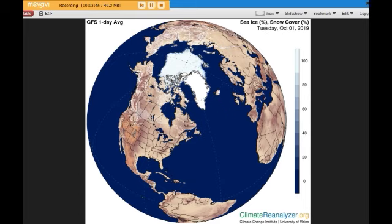But when we click back through, we can see that the extent, at least, is starting to come back a little bit. We can see it growing. We can also see it getting a tiny bit thicker, but not that much thicker. When it goes from blue to more white, it means it's more concentrated. And so here it is today, where we can see it's meeting up with some of these little islands